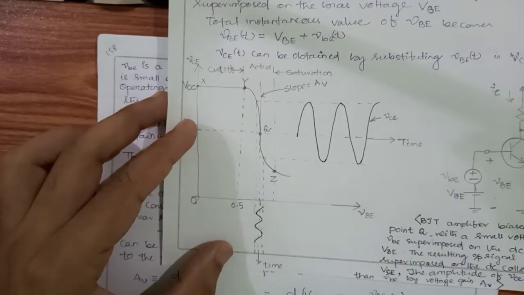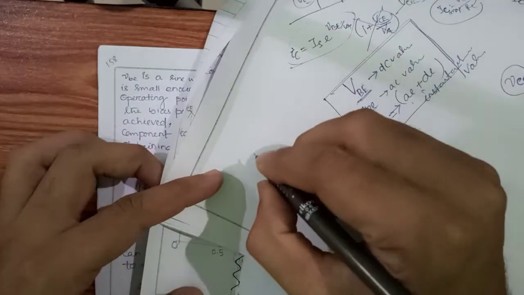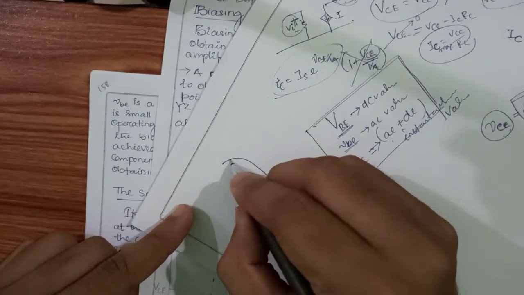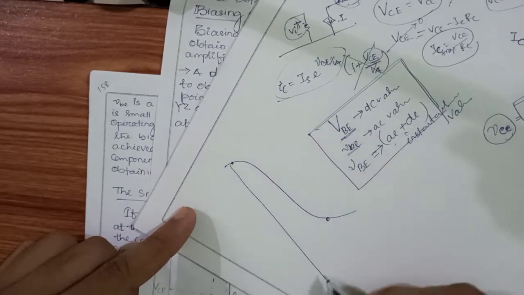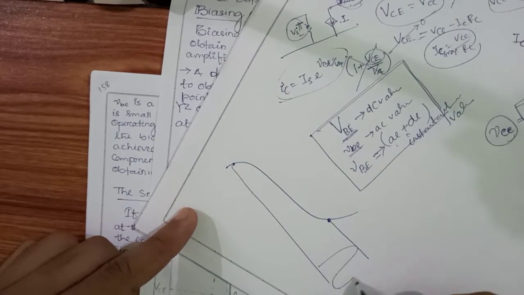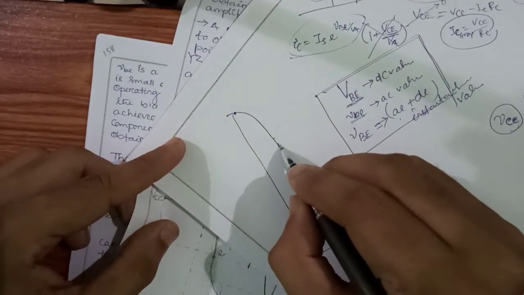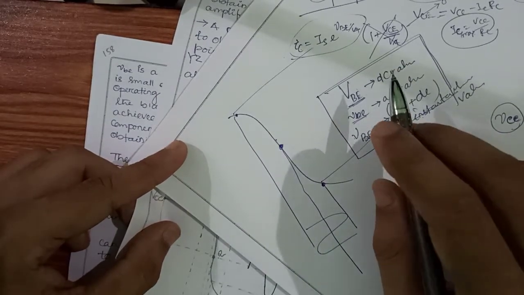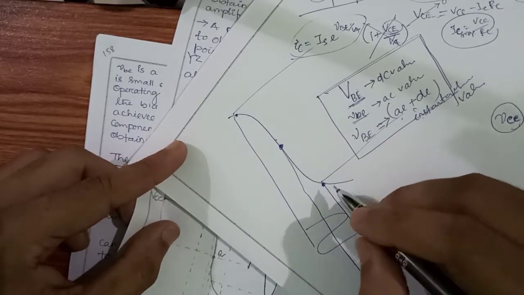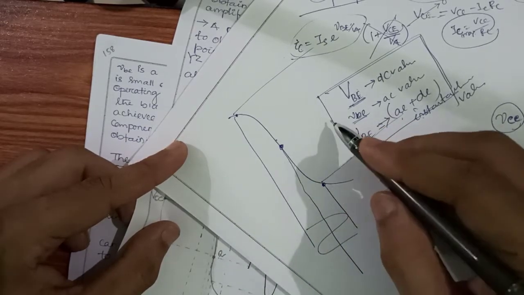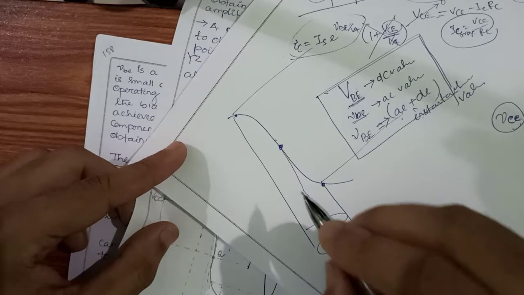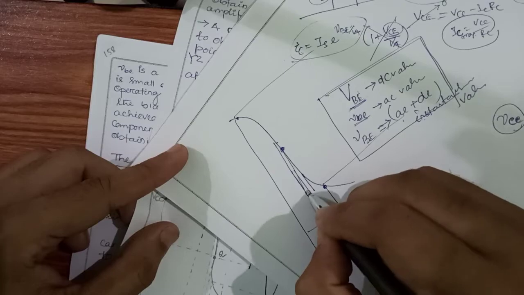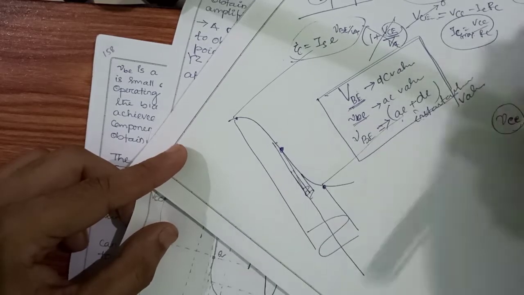If I take my vbe a bit large, let me show you that. If my graph is like this, here is one point, here is one point, and if I take my vbe like this, this is the Q point. So across this Q point, if my vbe is that large, then it will not become a linear amplifier. That's why it will not amplify that much. That's why our vbe value should be very minimum, means I have to take a range in between this. So this should be a very small range of vbe.